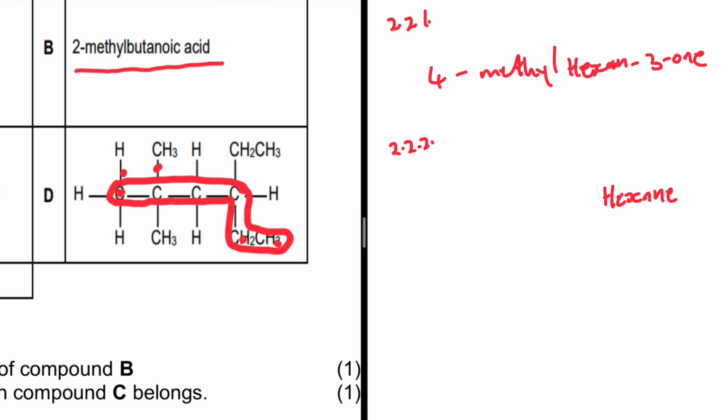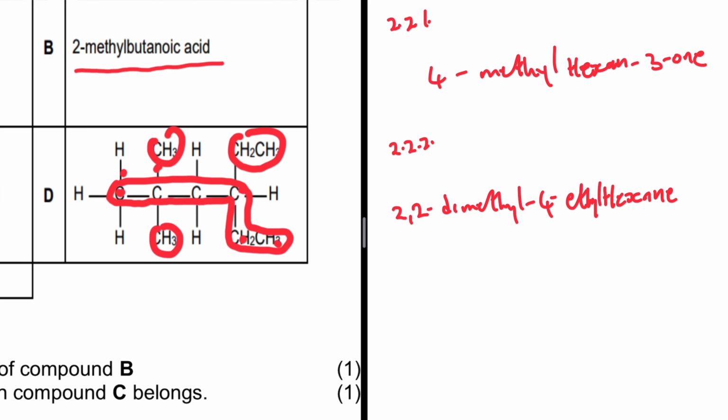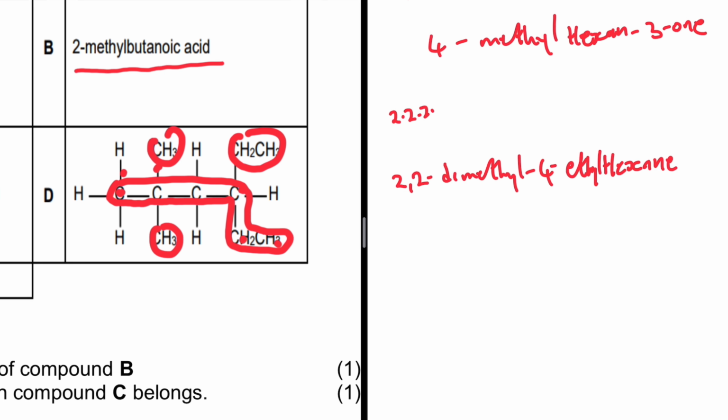Which will lead to the least number, okay? So on the 2nd branch, we have 2,2-dimethyl. 1, 2, 3, 4. And then on the 4th branch, we have ethyl. So we're going to have 2,2-dimethyl 4-ethyl hexane. So if you write this, you'd be very close to the answer, but you still be